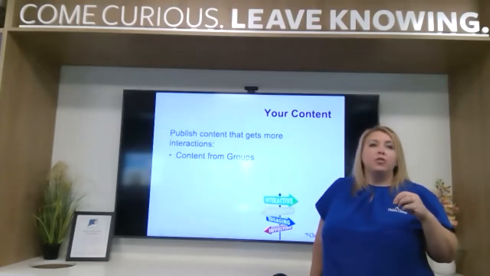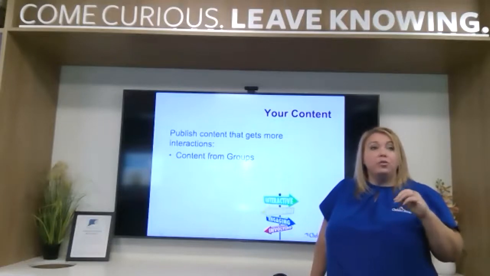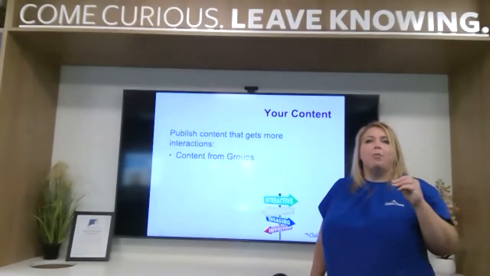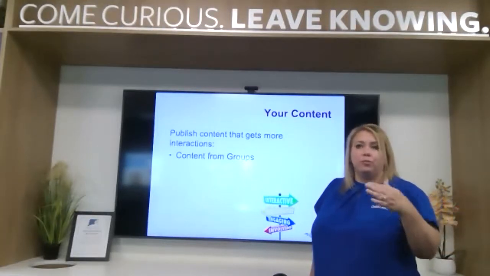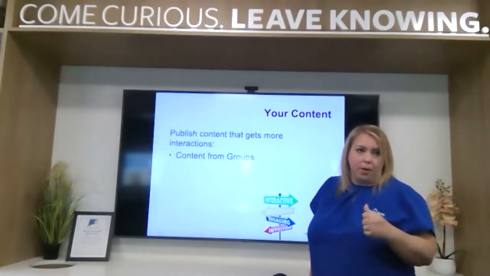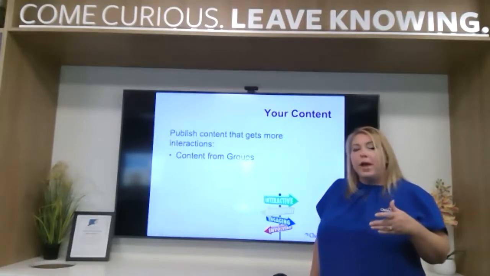And also create posts that have that content in them, because when people are searching, posts often pop up. So if you've posted about, we just did a roof on this house, that content might pop up also. Those are a couple of ways.